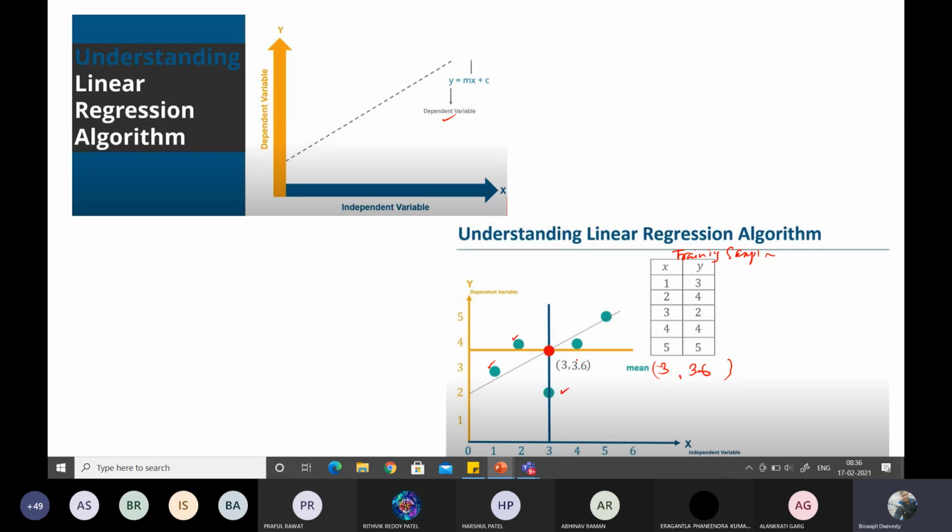Okay, so this is the static point using which we can draw our regression line. From this we can imagine that if I'm drawing a line through this mean point, then there is some chance that these types of errors or distance errors may reduce. So I'll be trying to draw a line which will be passing through this mean point right now. Because I can see no line is going to pass through all these points, so I'll be taking this point as my starting point.